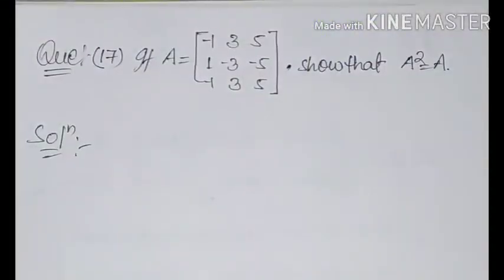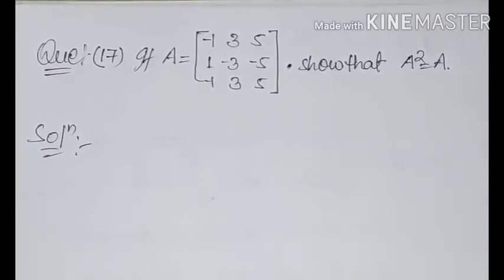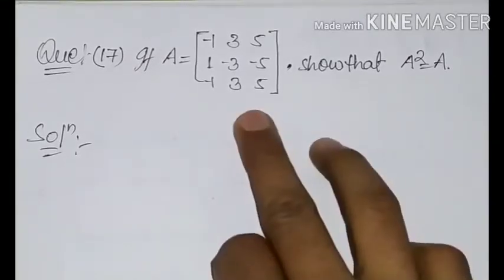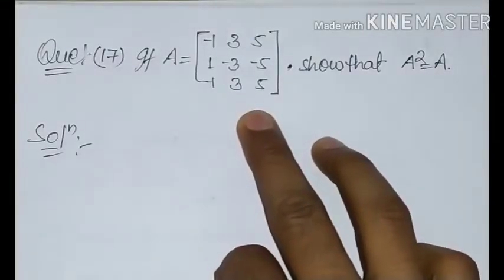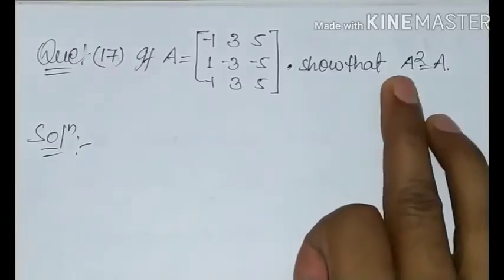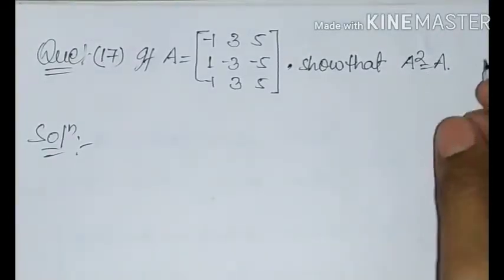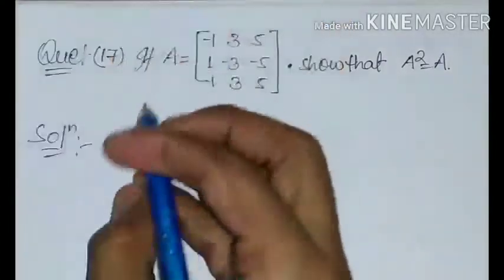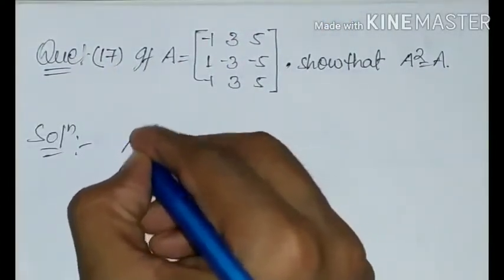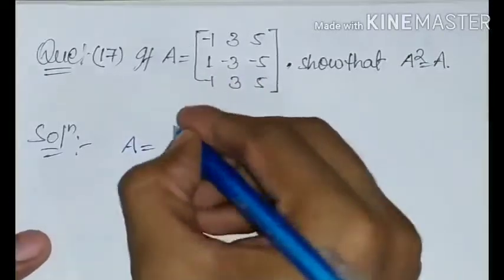Hello everyone. Today we are going to discuss question number 17. The given question is, if A equals a 3 by 3 matrix such that A square equals A, we have to show that A square equals A. First we have to write the given matrix, that is A equals